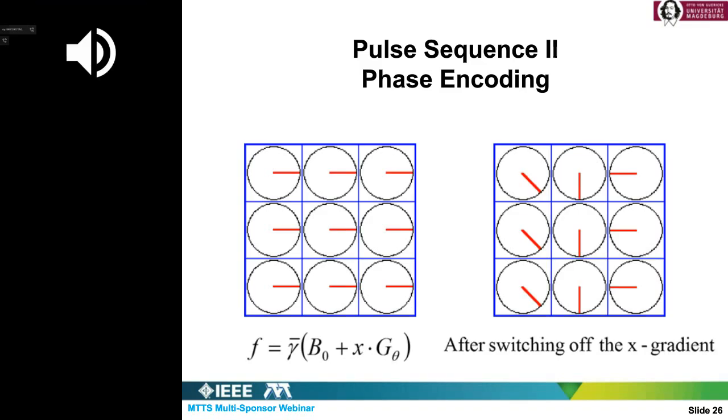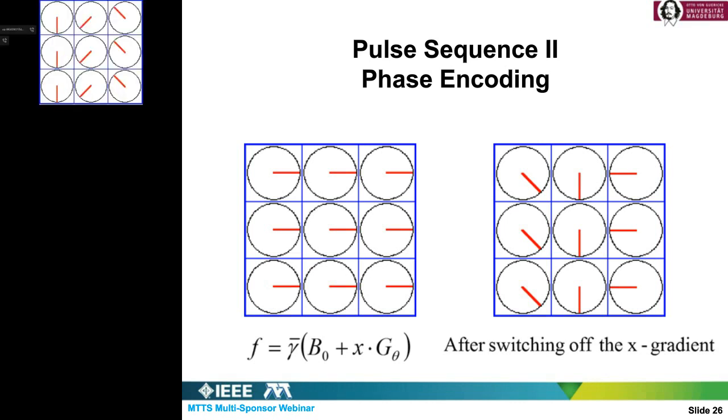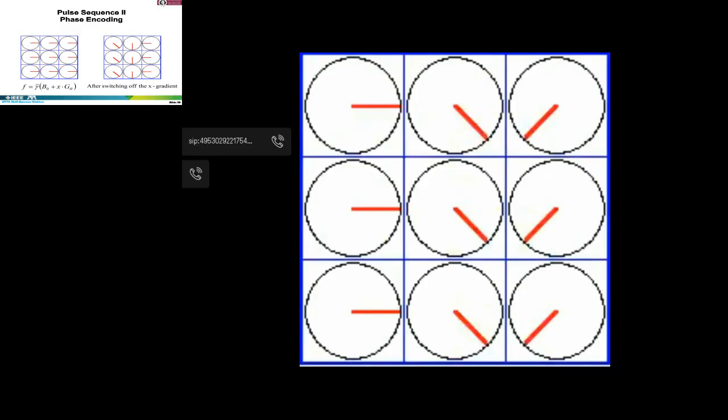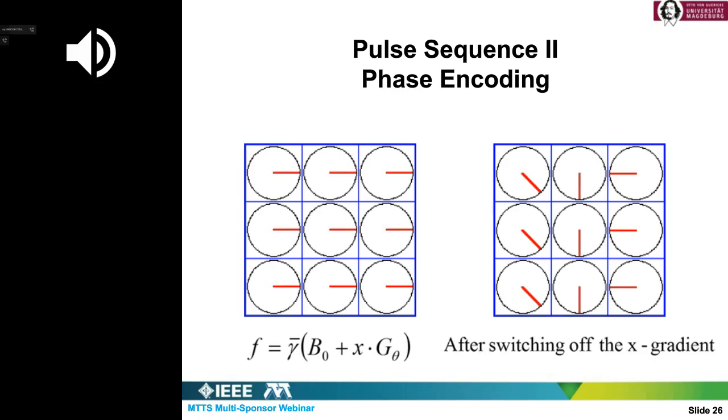And then afterwards, you stop this exposure, and you restore the Larmor frequency over the entire cross-section, but they are dephased now. As you see, they rotate along the x direction with the same Larmor frequency, but with different phases. So this way, we could assign a certain phase for each x value. So first, we picked up a slice. This is the Z ramp. The second step is to create a dephasing in the x direction. This is a phase difference, which is related to the x values.